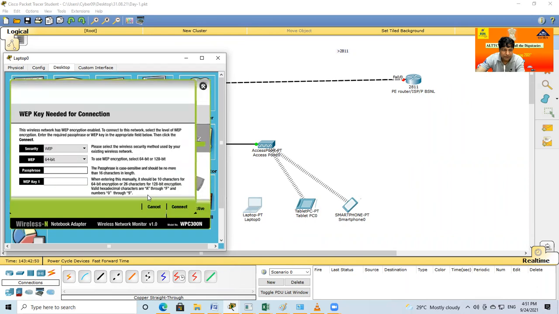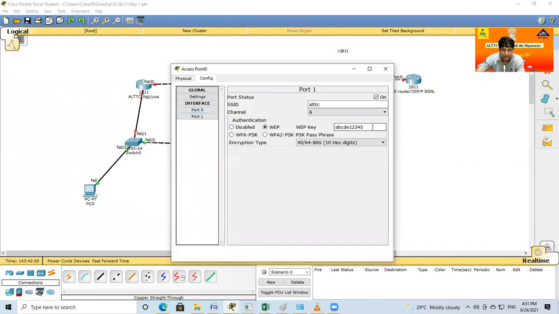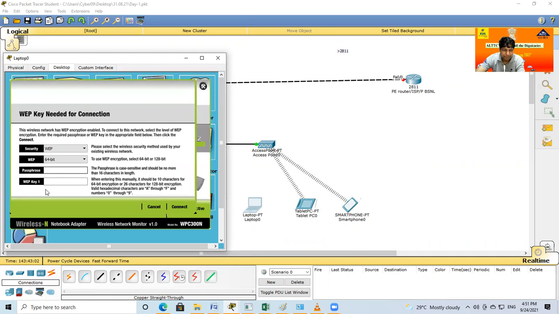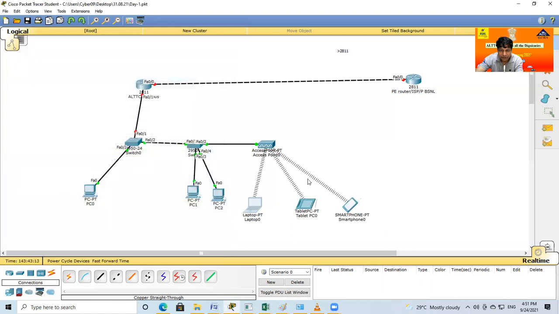I want to connect to this Wi-Fi, so it definitely wants a password. The password of this Wi-Fi, as we can see first, is ABCDE12345. I put the password here and click Connect. Now this laptop is connected to the Wi-Fi. So connection is very easy.